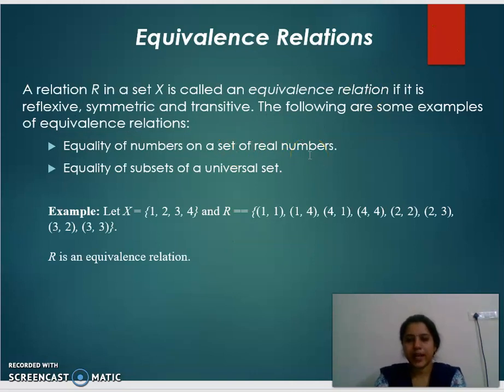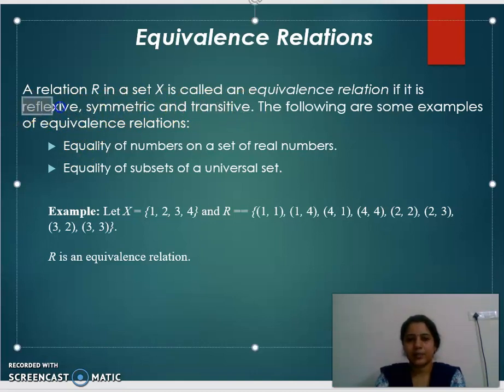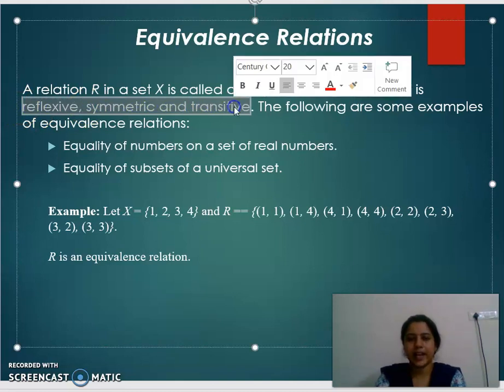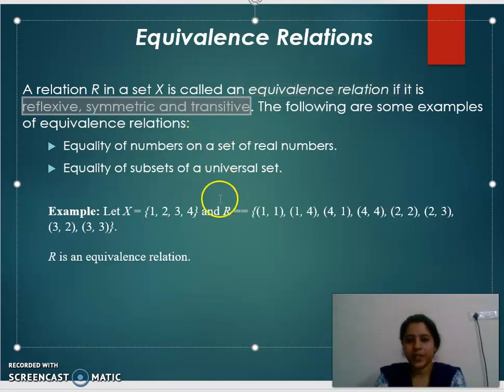Next we will see some different types of relations. There are different types of relations. The basic definition of relation we have already seen, and we have already seen different properties of relations. So now we will see what are the different types of relations we have. The first is the equivalence relation. A relation is an equivalence relation if it satisfies the reflexive, symmetric and transitive properties. If it satisfies the reflexive, symmetric and transitive properties, then we call that relation an equivalence relation.